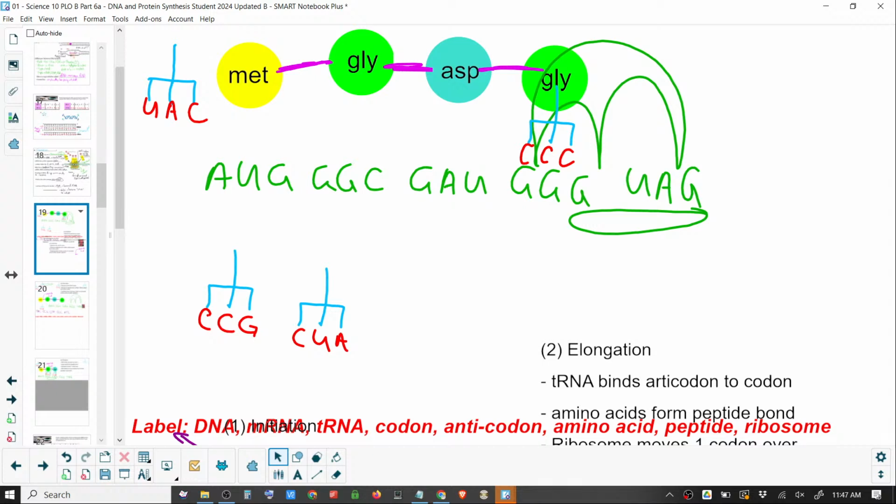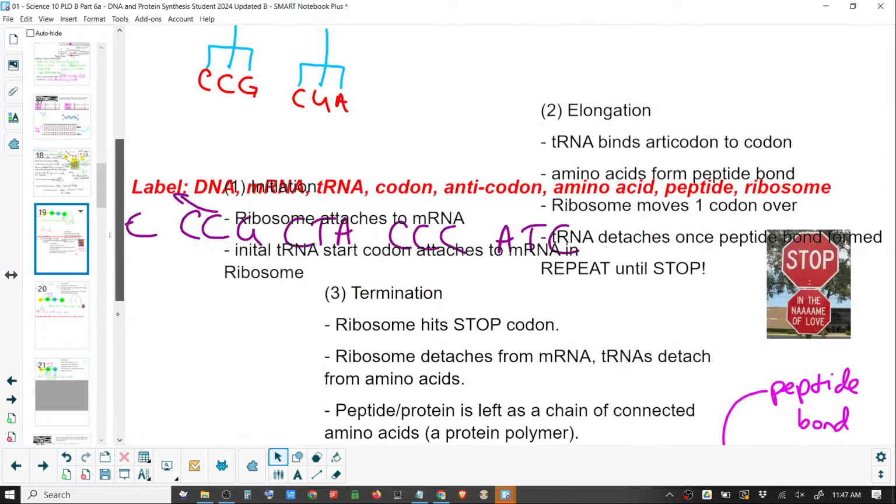Stop. Right. Stop. Is there an amino acid that's carried by it? No. Like methionine is always the first one. Even though it's AUG and even though it's a start, it does carry an amino acid. You can find AUG somewhere in the middle. But if it hits UAG, that just means stop. It means,